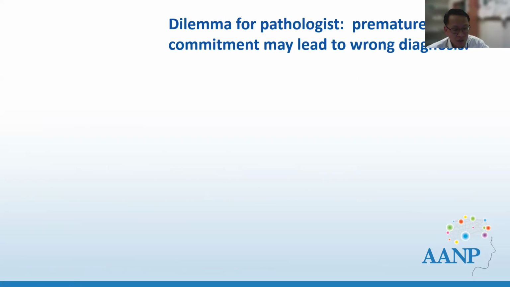Now, the danger for pathologists is that when we don't have a definitive diagnosis, if we commit on one, then it leads to wrong diagnosis. Like imagine if on a case of eosinophilic fasciitis, we call it dermatomyositis, on the clinical end, we would look like a complete idiot and probably be remembered as such for a long time. And so that's the danger of wrong commitment. So how do we deal with that situation?